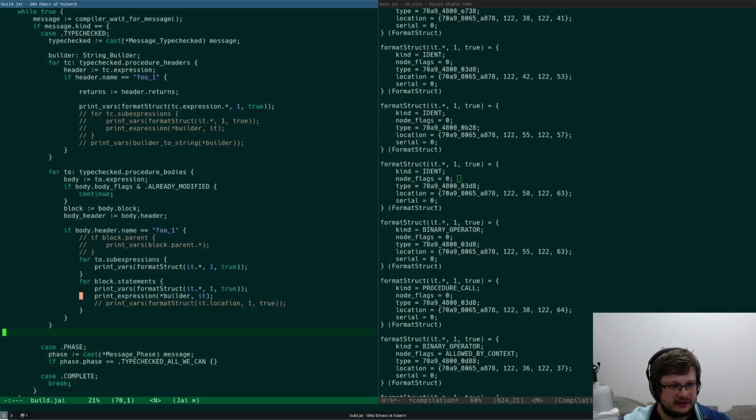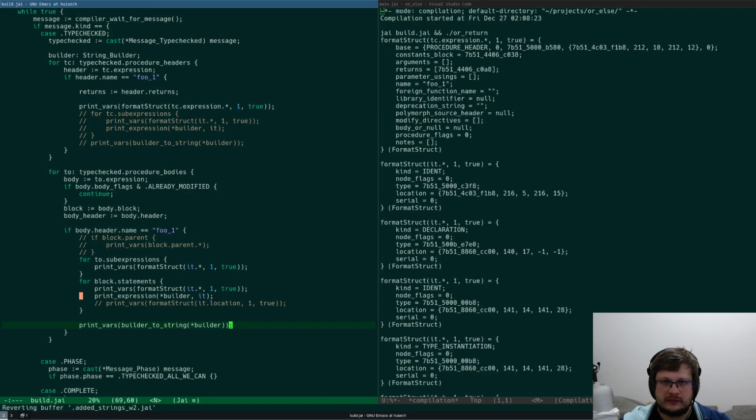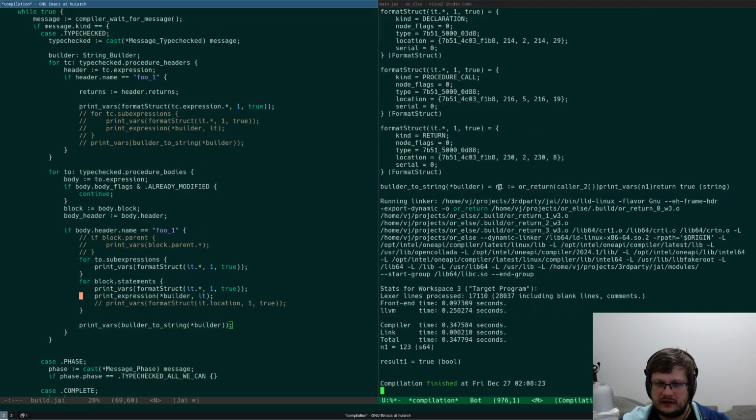And then after I'm done, I'm going to print vars builder to string. Recompile. What do we have? Or return. It's not that bad. Or return color. But where's the insert?